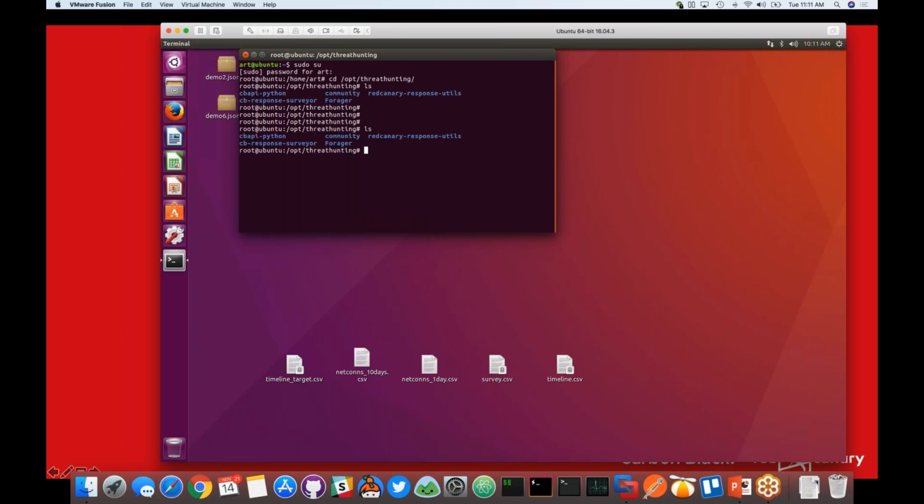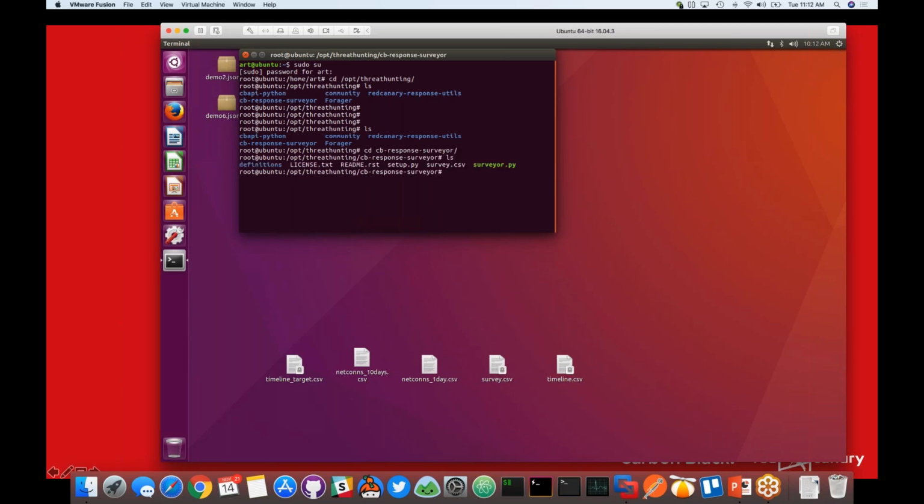All right. In this case, a couple tools we're going to be using. You can pick these up on the Carbon Black GitHub repository, and you can also pick up the rest of them, and I'll call these out as we get going, on the Red Canary Co. GitHub repository as well. This particular tool we're going to start with first is called CB Response Surveyor.